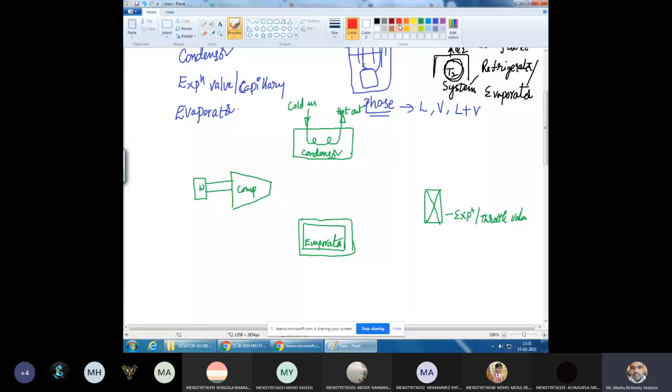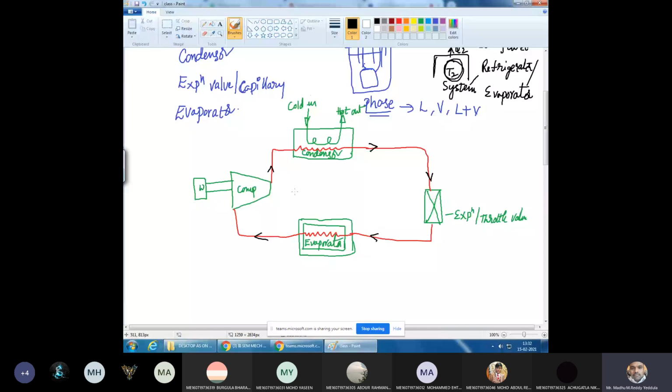This is the refrigerant. From the condenser, it will go to the expansion valve. Then after expansion, it will go to the evaporator. There it extracts heat, and the low pressure liquid is allowed to flow. Inside this, the fluid is flowing, meaning it is a closed system. The refrigerant is flowing inside a closed path, and sometimes the phase is liquid, sometimes vapor.